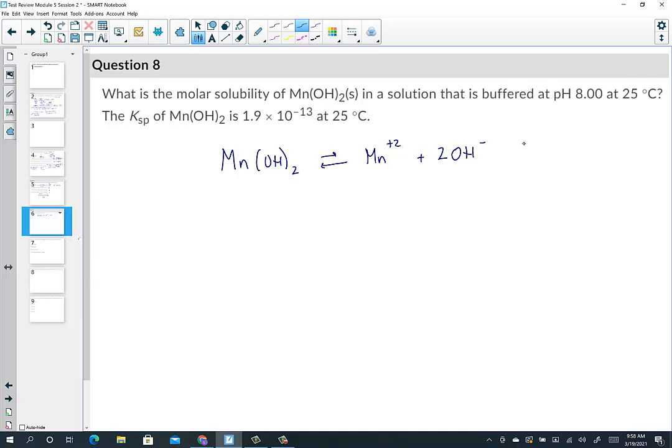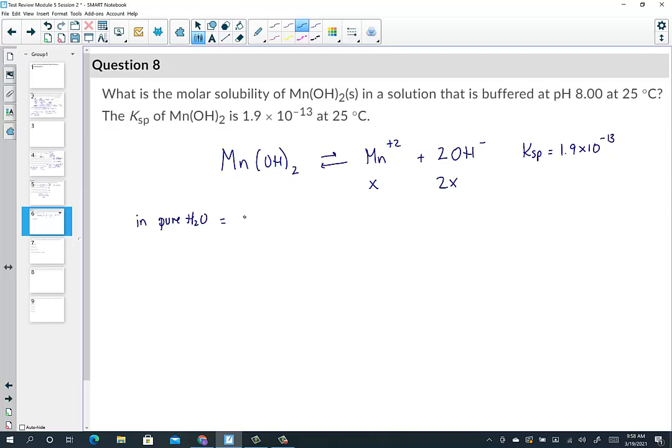It tells me that the Ksp is equal to 1.9 times 10 to the negative 13. If I wanted to know the molar solubility in just pure water, I would set this to x, this to 2x, and solve for the value of x, right? So let's say in pure water,